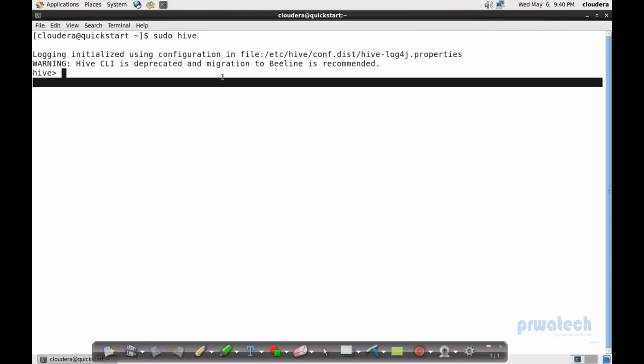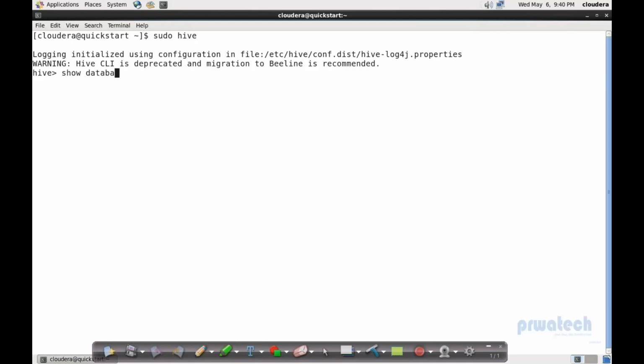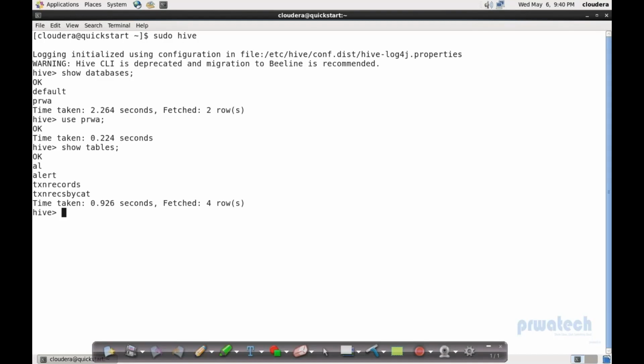So I'll first find my table. Show databases, use database name, show tables, and I'll first check what entries we have in the alert table. Desc alert, and we have ID, name, column 3, column 4. Let's say I want to delete this column 3. So my alter table definition is alter table, table name, which is alert,